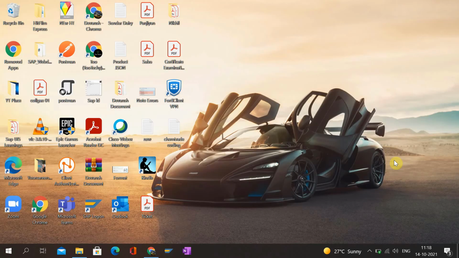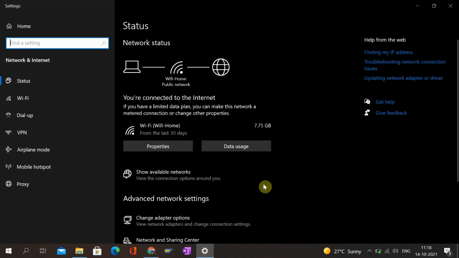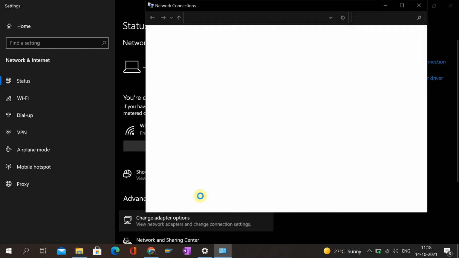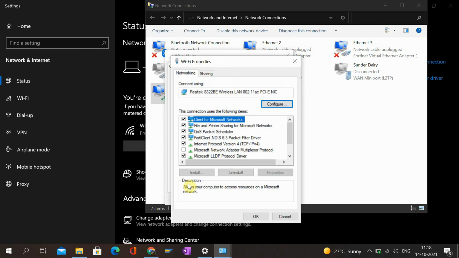Now the last option to fix this problem is use the Google DNS. For that you have to go to the open network and internet setting again. Here you have to go to the change adapter option, click on that. Now go to Wi-Fi and then again go to properties. Here click on the internet protocol version 4 and click on properties.